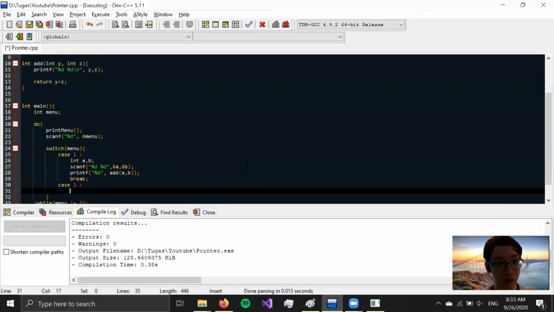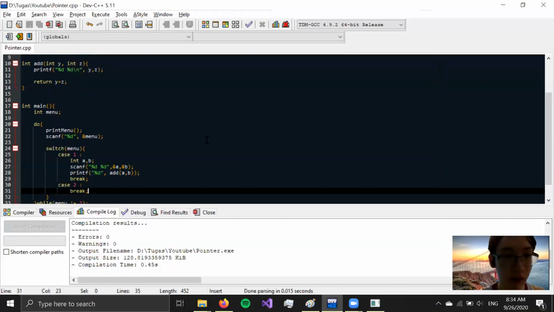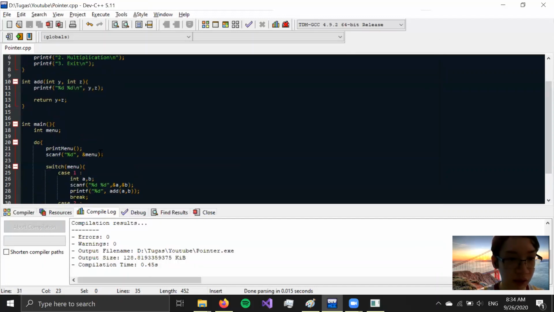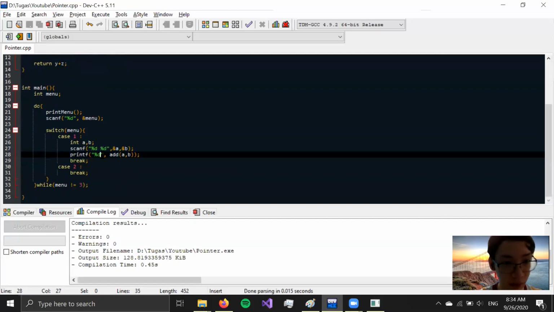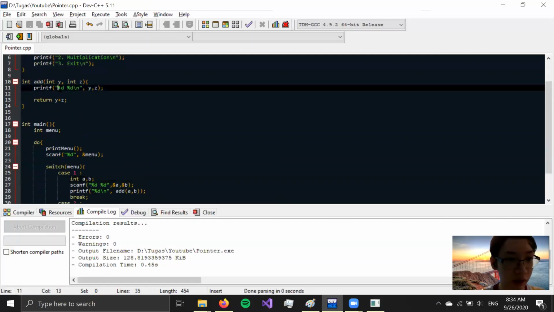Is to break. So let's try it. Now we are going to input two values, 3 and 5. Sorry, let's exit. Let's make it tidier. Printf percentage d backslash n. And then